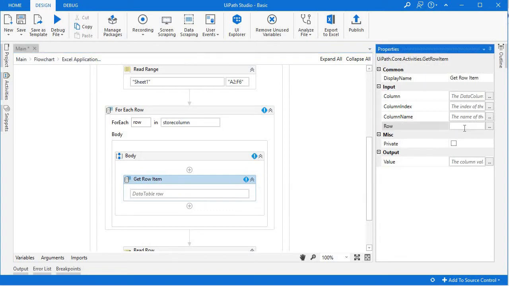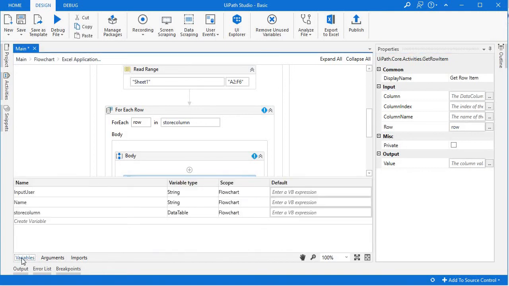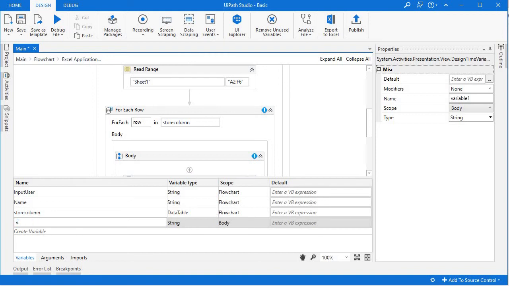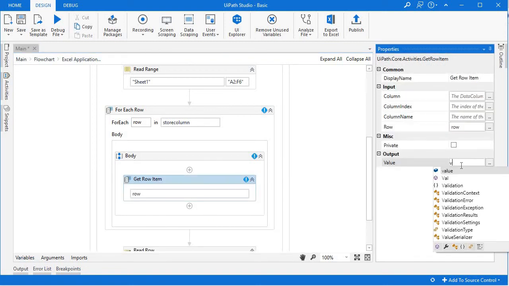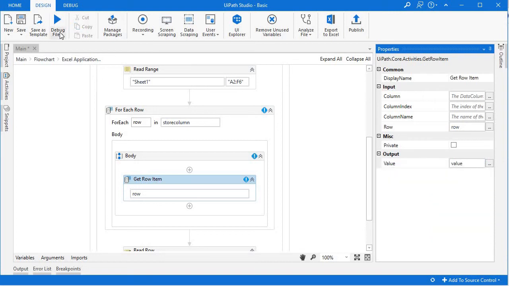Here the data row is row, as we are iterating in the store column data table, and the output value we need to save in a string. So here I am assigning it, and again run it.